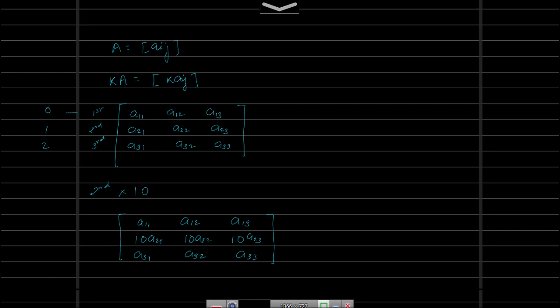For instance, if you take this 3 by 3 matrix, we know that this is our first row, this is our second row, and this is our third row. But in terms of Python, we start the numbering from 0. So this is our 0th row, first row, and second row.